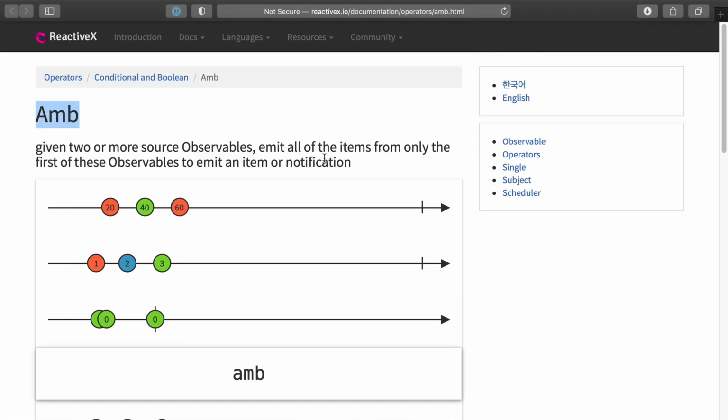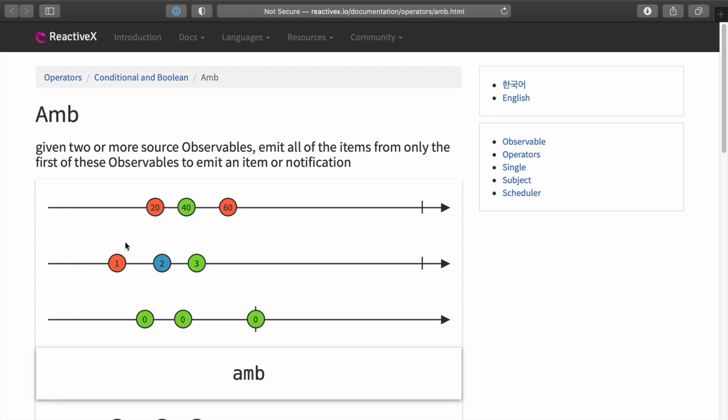Now, you might ask, what am I going to use this for? These are kind of those things where one day you might notice a scenario where this type of operator would be helpful, and it would be nice to know that it exists. But one of the things you can use this for is to essentially race multiple streams. You might have, say, hotel prices from different providers and you just want to get the first one. And so in that sense, you could fire all the requests